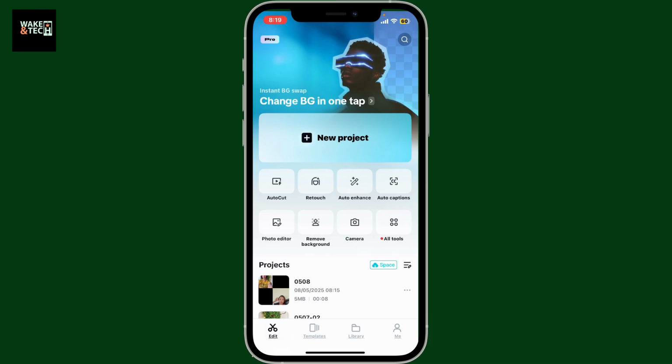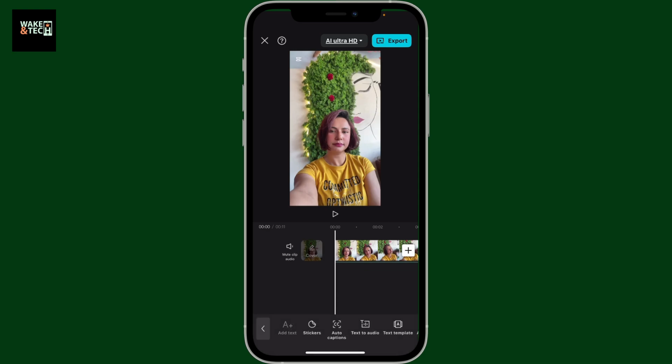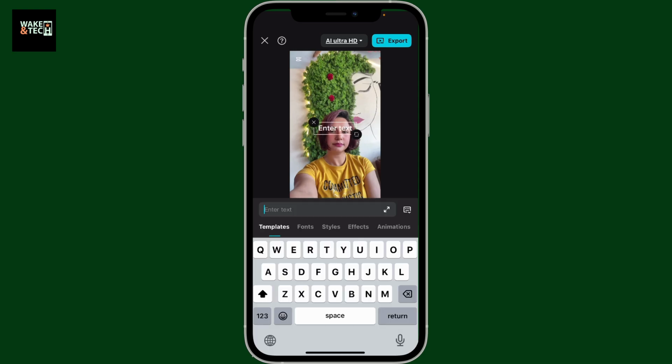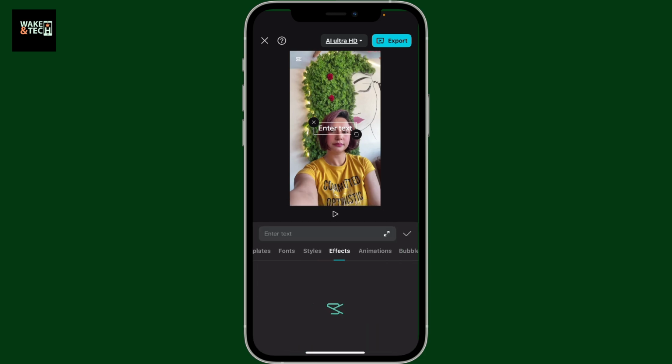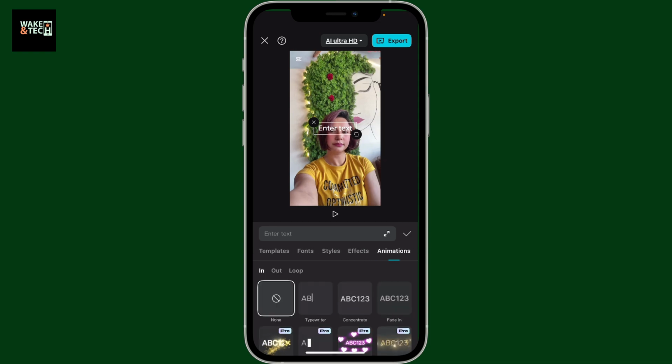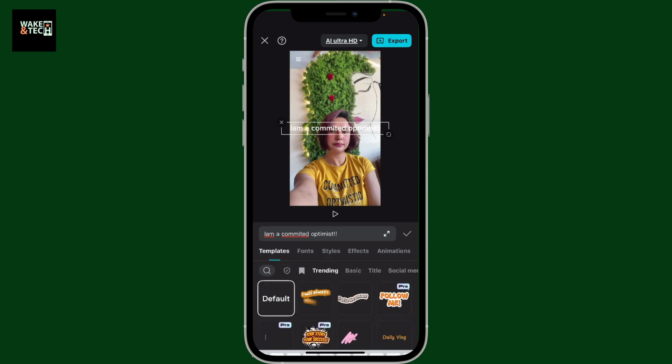your project list. After you are done importing the video in your timeline, tap on the text button at the bottom of the screen. Now, go ahead and tap on Add Text. Type in the words you want to convert to speech in the text box. You can also select fonts, style, effects, and animations for your text. After you are done with your text, go ahead and tap anywhere on the screen and tap on the tick